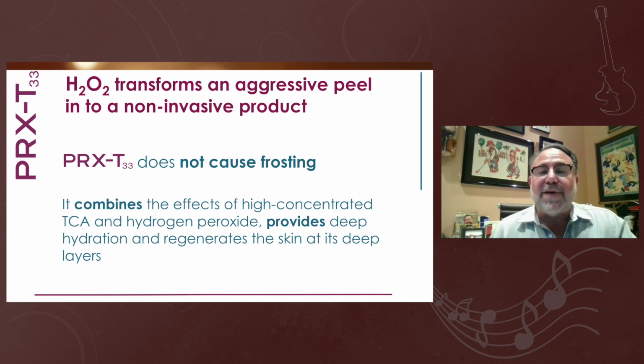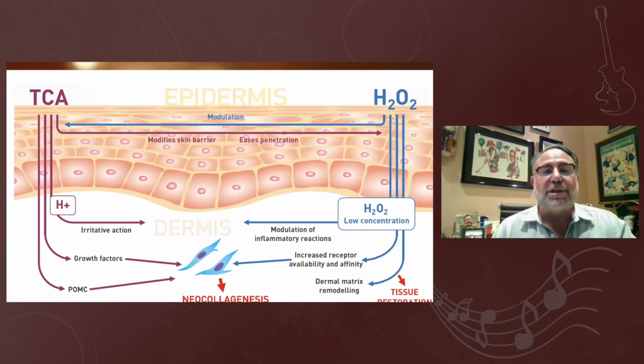It combines the effects of high concentrated TCA and low concentration hydrogen peroxide, and it provides a deep hydration and regeneration of the skin at deep layers of the skin. So we're able to get into the papillary dermis, where we see all the things that we're looking for to